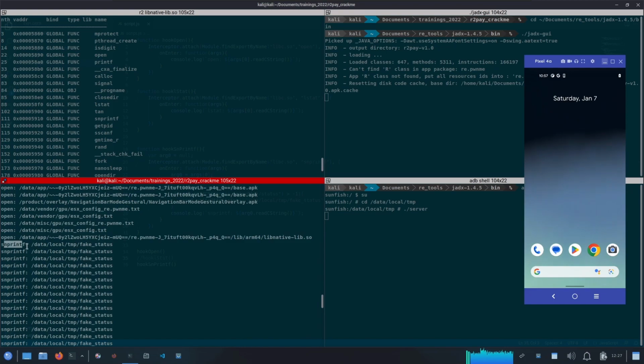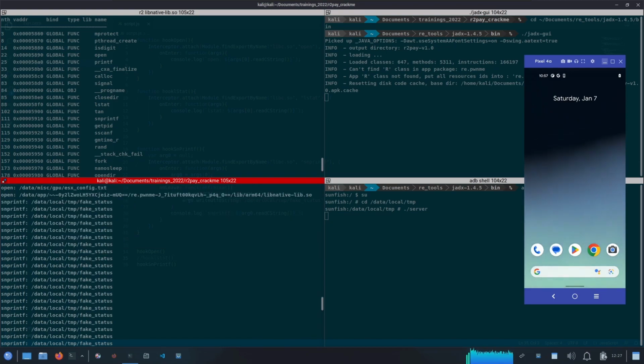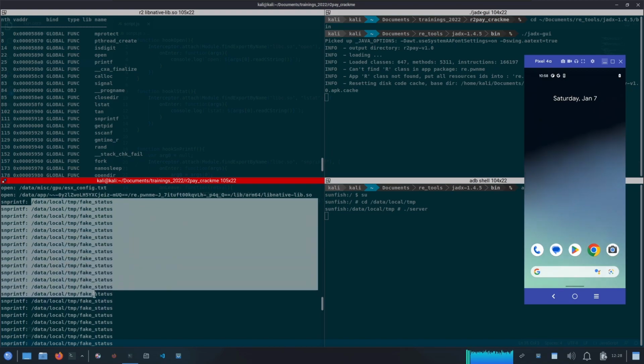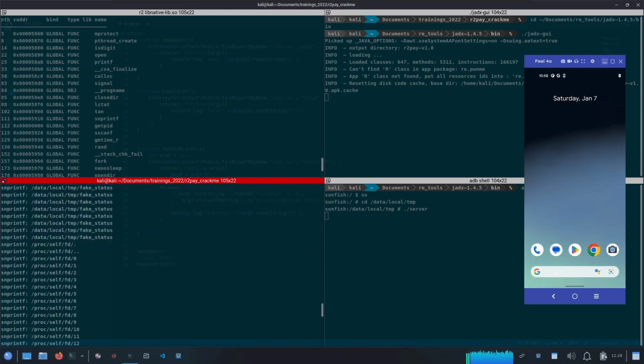So our snprintf is now pointing to the fake status file, and we can see that this time this snprintf function got triggered more than the last time. After that, it started looking for the proc self fd directory, right? So the first check related to Frida, which is looking for the gmain artifact inside this proc self task directory, is bypassed, and now something else is being detected, and most likely the check that is being triggered is because of